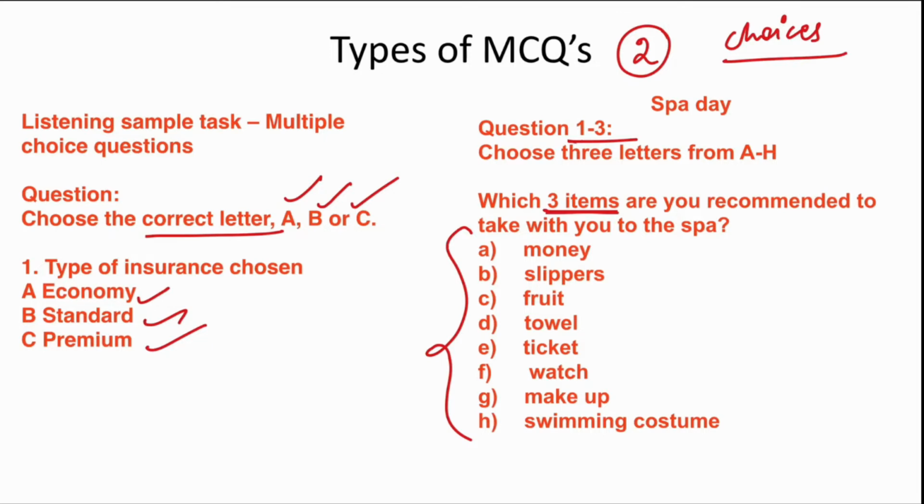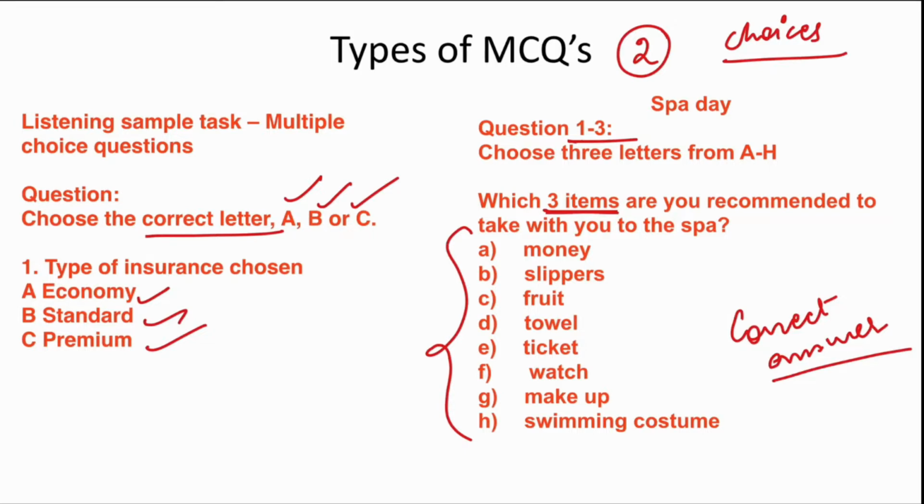Now, when given some choices like these, you have to hear what the speaker is talking about. Just because you hear some answers mentioned by the speaker doesn't make any answer correct. So you must select the correct answer